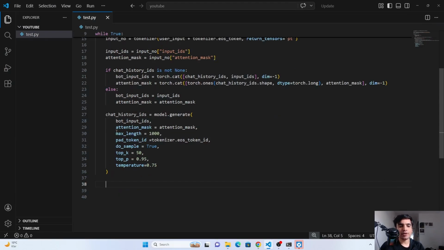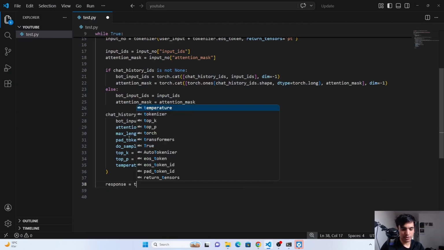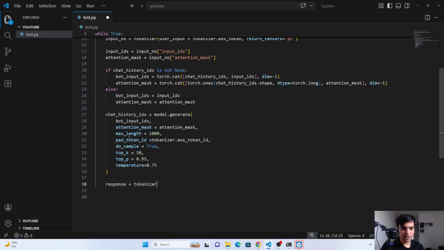Now after getting our response, which is still in tokens or number format, we have to convert it back into the text format. So here create a new variable called response. Now we have to use the tokenizer to decode it back into the text format. Right now this variable chat history IDs contains all the conversation, the old one plus the new response from the bot. But we want to decode only the new response from the bot, and we have to ignore all the